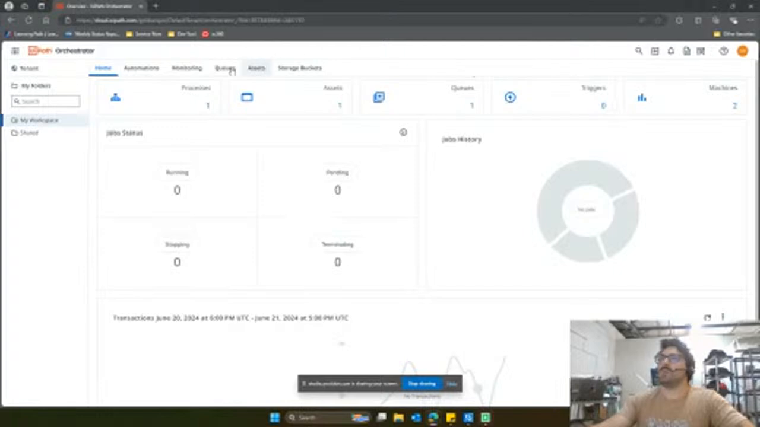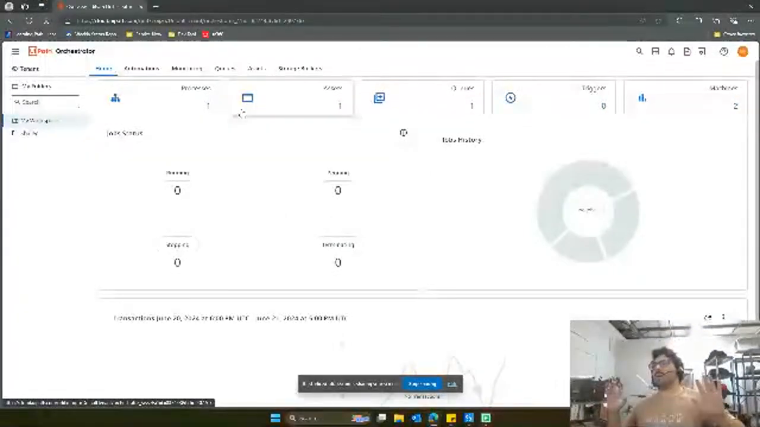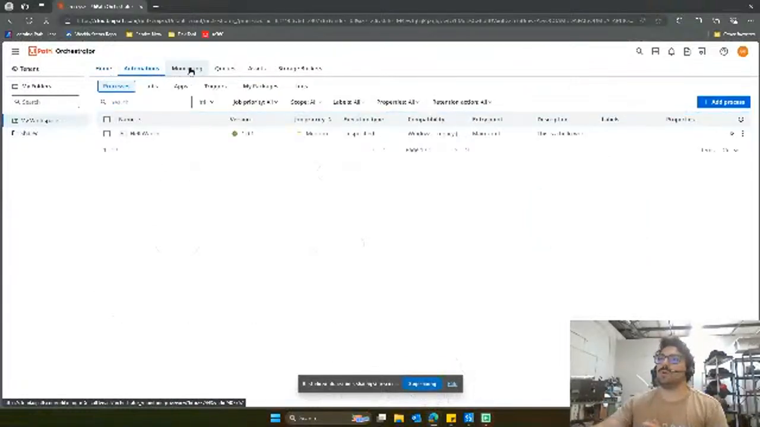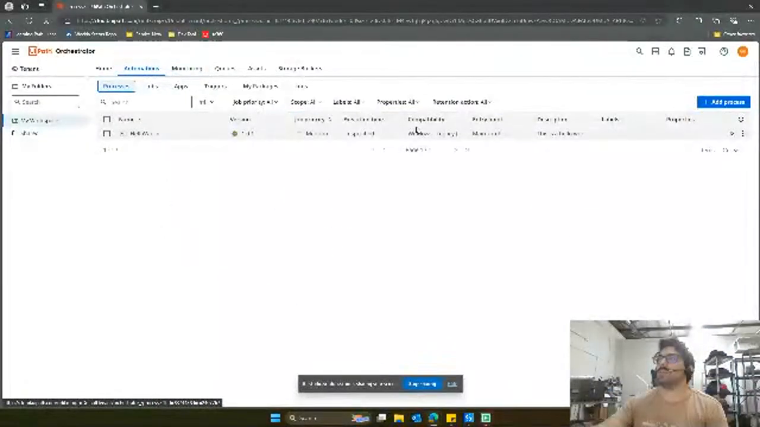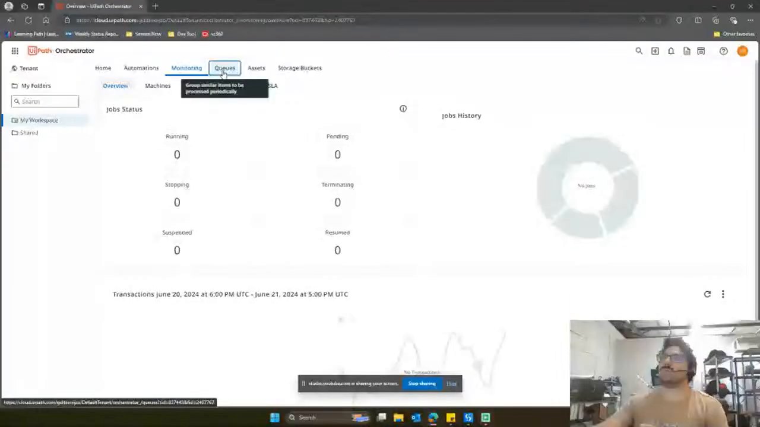Okay, so here's my personal workspace. This is something called your orchestrator. This is what you're going to want to use. So here we have some processes. This comes default with Hello World. But if you wanted to add things, this is where you do it. So your asset,